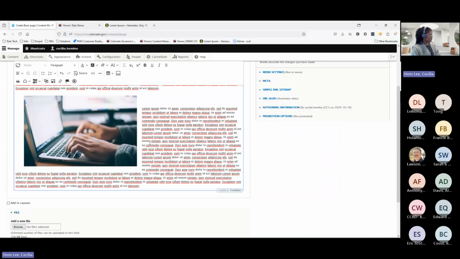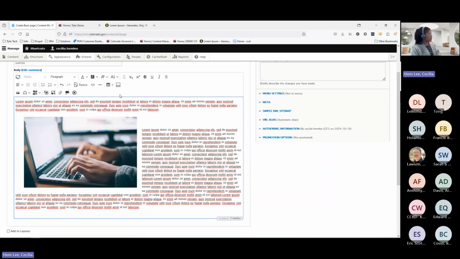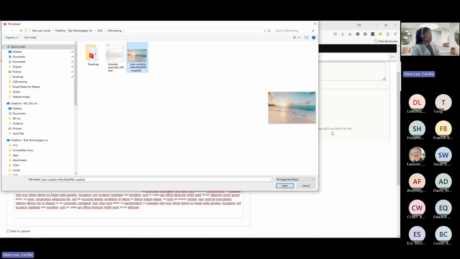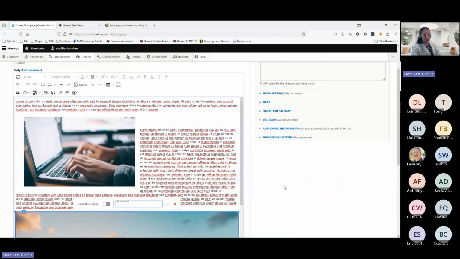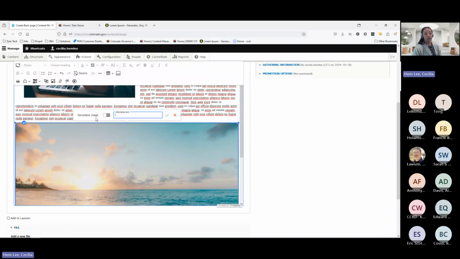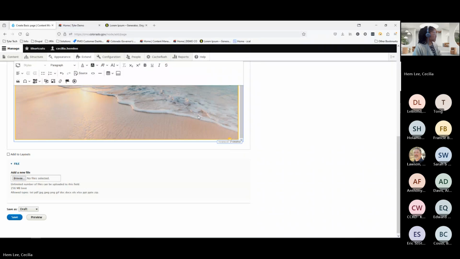Let me just add some more content here. And I'm going to hit return so that I can show you the difference between uploading an image from your computer versus leveraging something that you have in the media library. When I point to my device, this is on my device, and every single time I need to change it, I will need to fetch this image and make the edits. That's why we prefer for you to use the media library. You do have opportunities for alternative text when you're uploading an image from your computer. For the sake of this example, I'm going to mark this a decorative item. And I'm going to save the insertion,